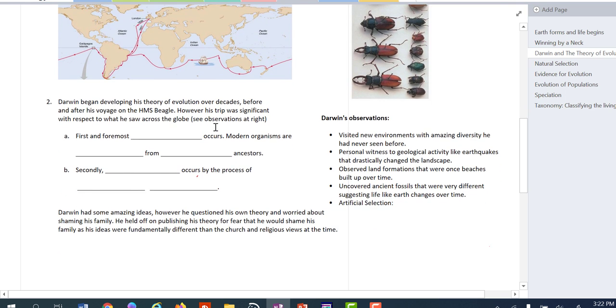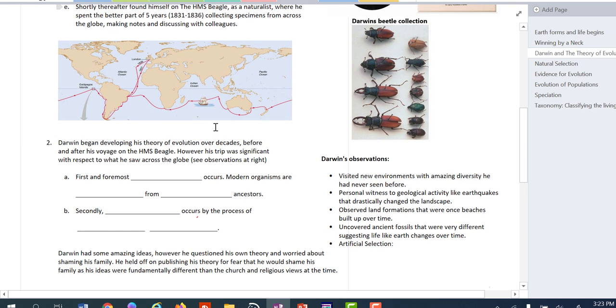But what I want to focus on is this voyage and this trip that Darwin went on the HMS Beagle. And he spent 5 years on this trip traveling around the world between 1831 and 1836. It's also important to understand that his theory of evolution by natural selection evolved over decades of research and collecting information, of which his trip was kind of a culmination of his past work and experience and basically uncovering some support for the way he was thinking about life and how life came to have been.